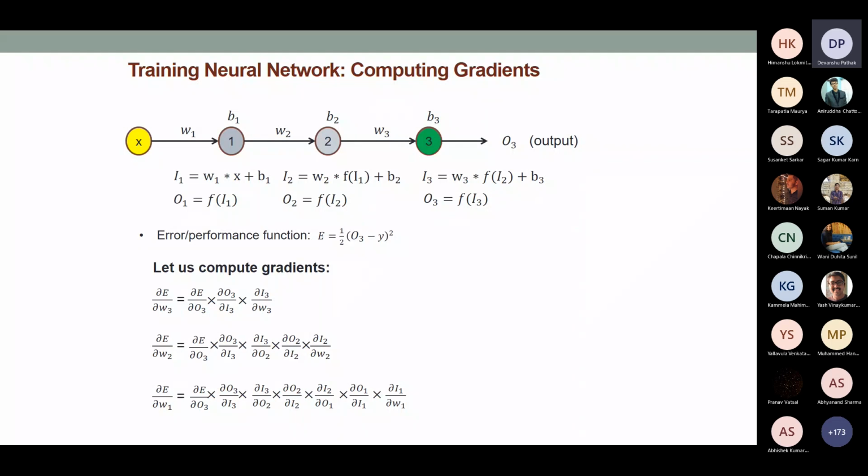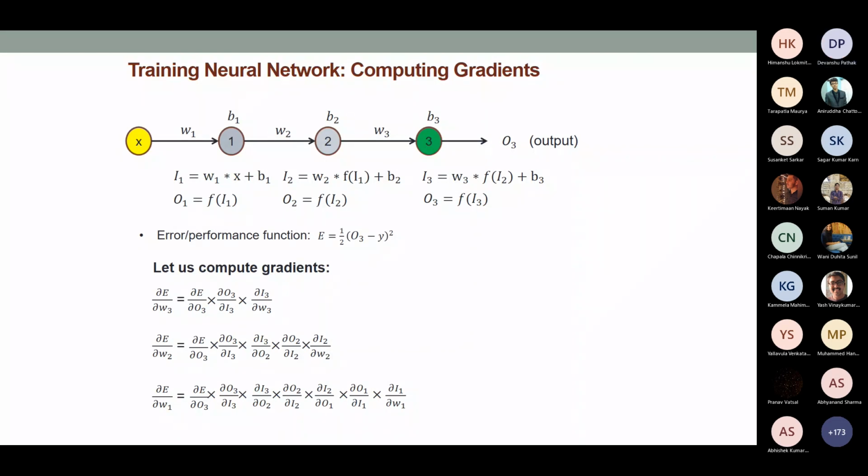Having this, for example, all these things, del E, del W3 and all, what is the trick that we can play? Remember that I talked about that when you are dealing with a very big, large network, the efficiency of computing the gradients is very, very important. That is why backpropagation came into the picture. Now all I have done here has nothing of backpropagation in it. It's just like plain high school calculus. I simply saw how we can compute the individual gradients. Now where does backpropagation come into the picture?